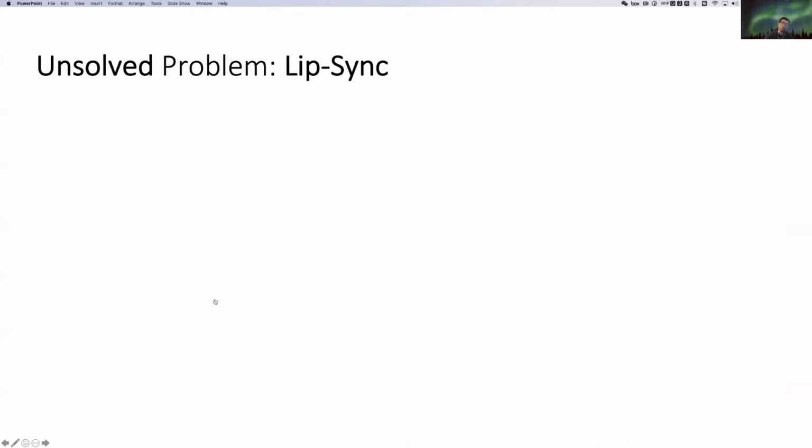And the third problem is the lip sync problem, which is the most important problem in this task itself, because most of the works are used for avatars, especially talking avatars. But actually, lip sync is a very hard problem. The previous works have not solved this problem yet. For example, when we